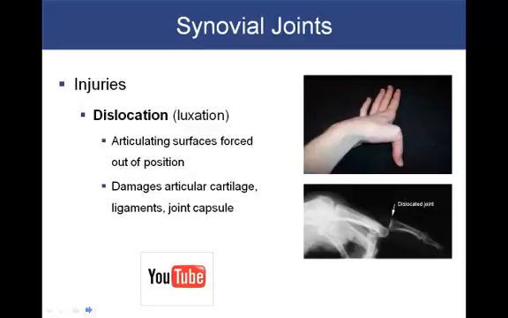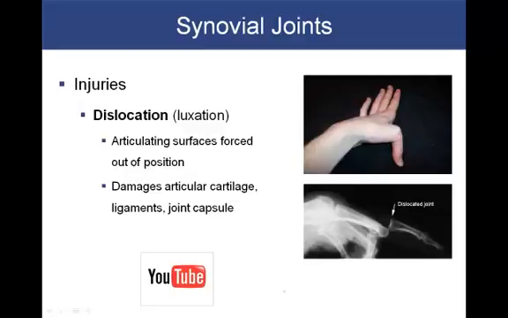Injury to a joint is formally known as dislocation, or luxation, if you literally force the articulating surfaces out of position. And again, it can be relatively common. When you think about which joints are dislocated most frequently, you would think the shoulder, because that is probably the weakest joint in our body. The weakest joint, but it has the most mobility, the most range of motion.